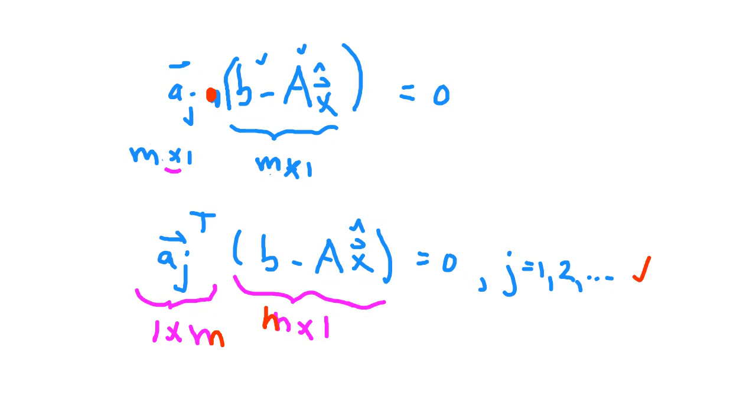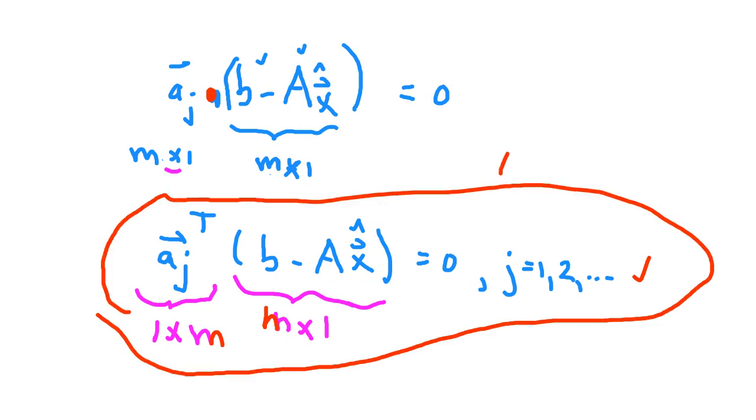And that's true for all the column vectors of the matrix A. And what you can do is this statement here, you can incorporate all of this into a matrix equation like this,